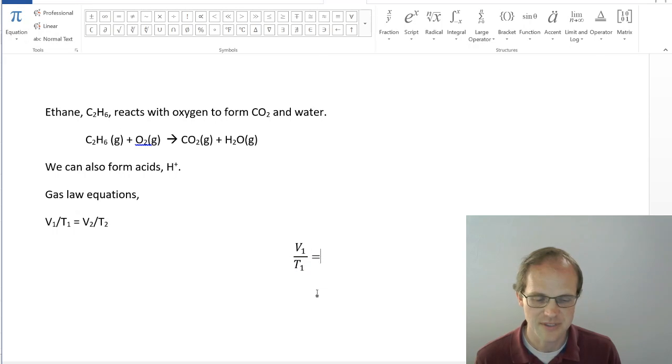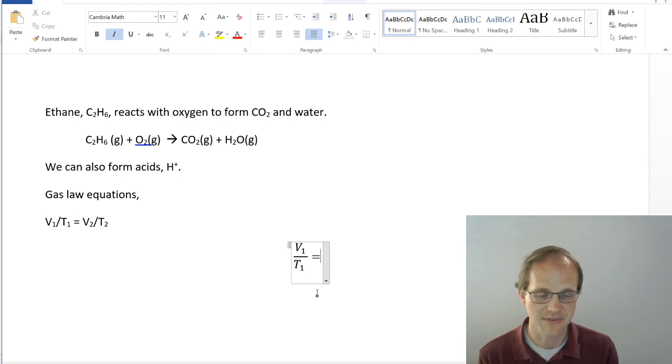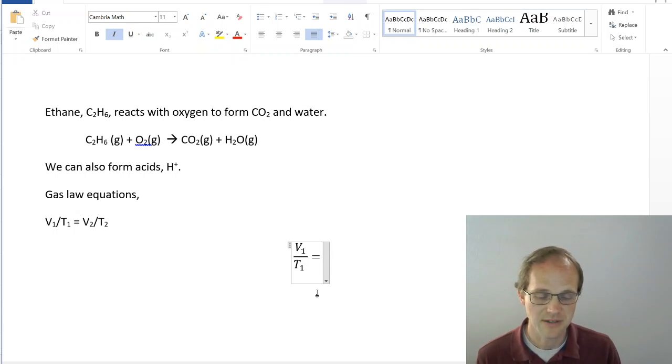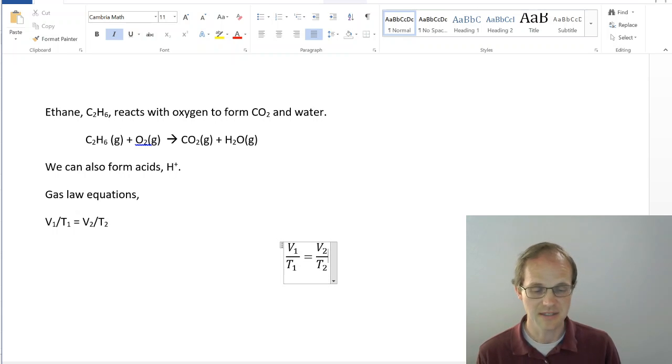There we go, equals. Now, before, in order to make the fraction, I had to make v2 over t2, and I would have to go click and all those other things. But it turns out that Word understands that fractions are also very common. So if I'm going to get my v2 by doing v underscore 2, and then I just hit divide, and I get t underscore 2, and then I hit space. And now if I hit space again, it automatically formats that as a fraction for me.